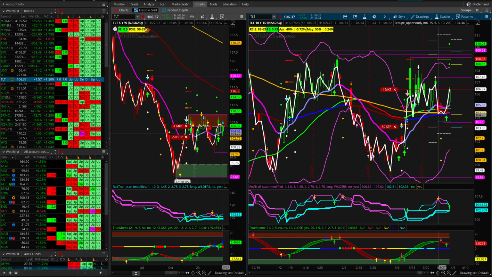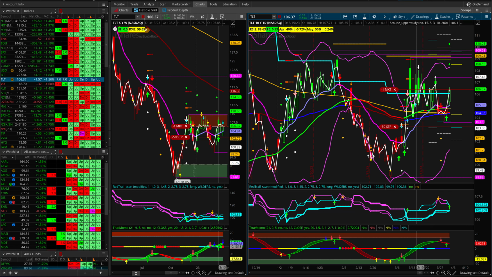One was a little early because I think we got the pop over here on the weekly, and it was all green, and I had all the target dots going, so I went in, and that's turning into a decent little trade. I still have those stops on underneath this pivot low right here, just in case, but I don't see it necessarily taking it out at this point.